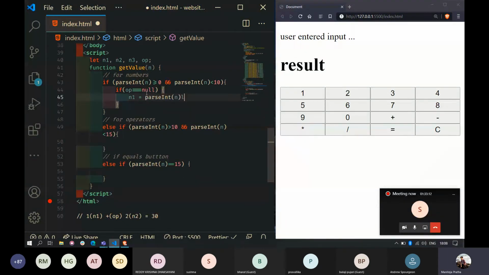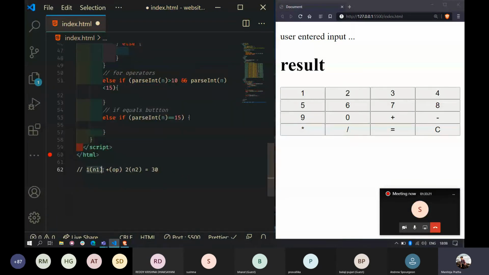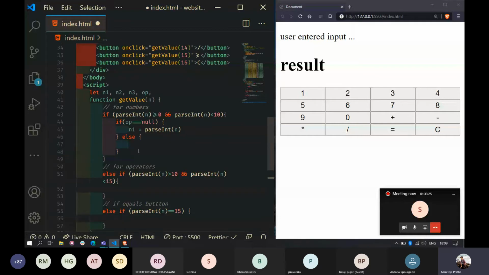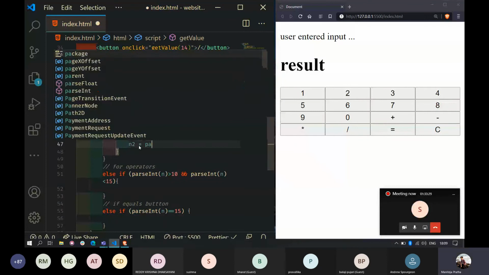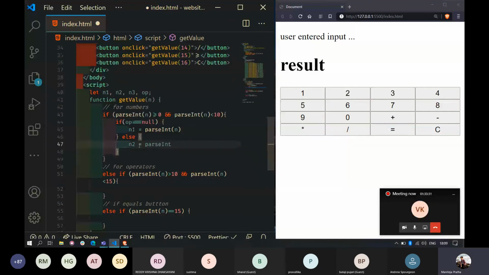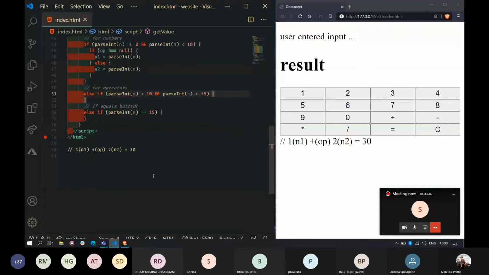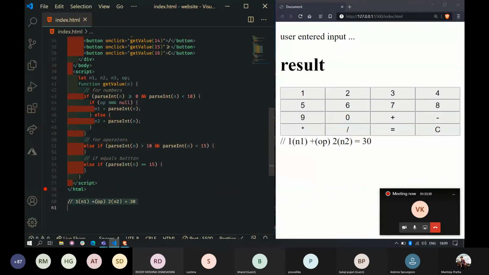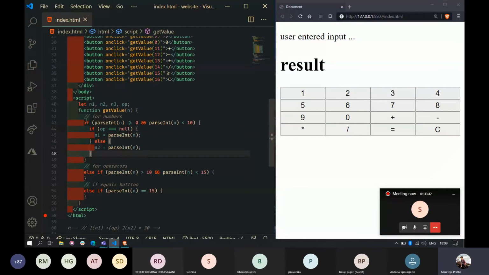What will be the else condition? If the operator variable is not null, the user has entered n1 as well as plus. So the latest value will be stored in n2. So n2 equals parseInt of n. Right? So till now, clear? So we are storing the values in n1.